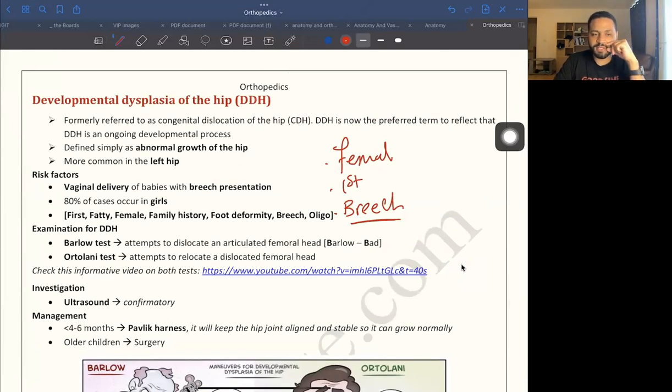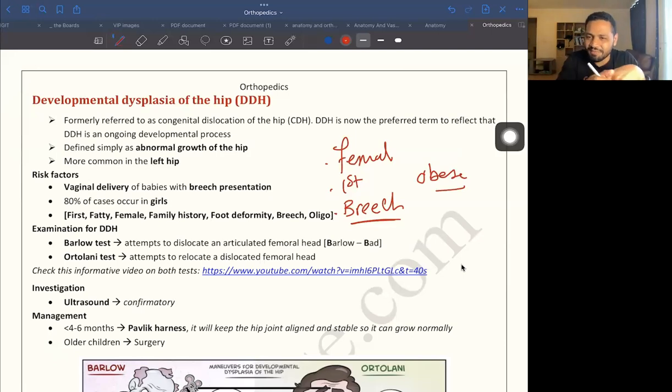Usually she is a little bit obese as well, okay? And presented to you after vaginal delivery with some hip problem. And usually the mother will mention to you, so doctor, when I'm changing her, I feel like there is a click coming out of the right hip and it's very deformed. When you examine the patient, what you will do, you will look, feel and move and do a neurovascular examination,